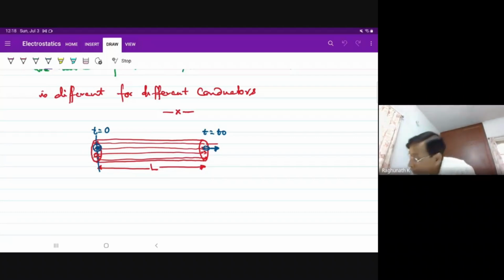In t is equal to t naught seconds, which is the time taken by this water particle to reach the other end of it, in t naught seconds,